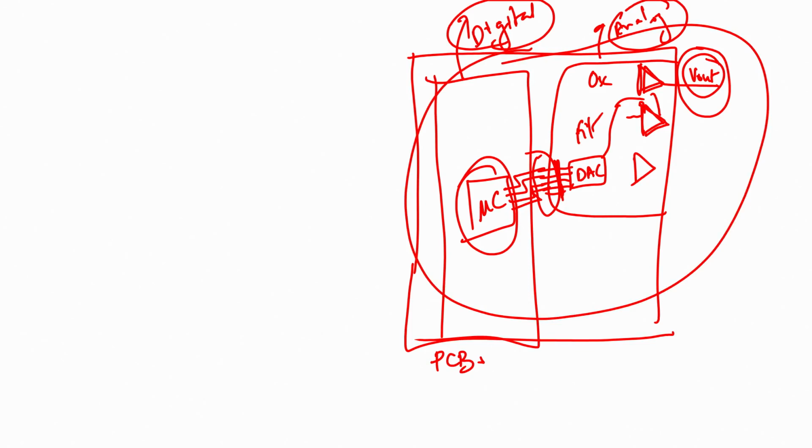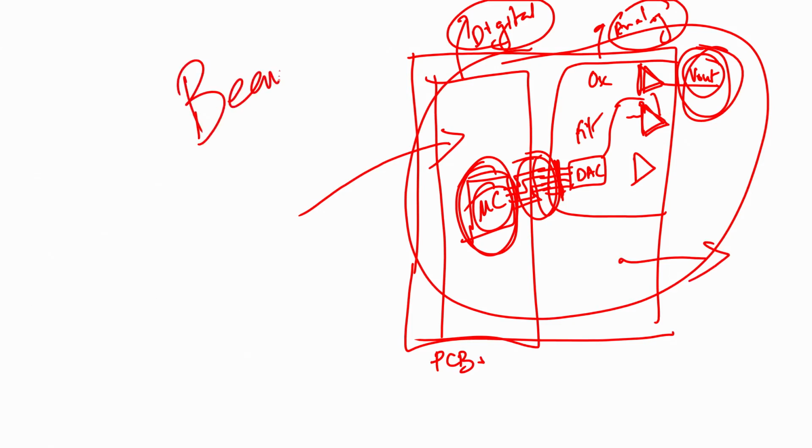Even after you deliver this as a product, suppose your customer faces some tuning or calibration issues because of the amplifier's output, you can always give a software upgrade to your board, updating the firmware on your microcontroller, which will change the bit sequences and give the output. There is no soldering or desoldering involved. This is the beauty of such a design, and we wanted you to appreciate this beauty.